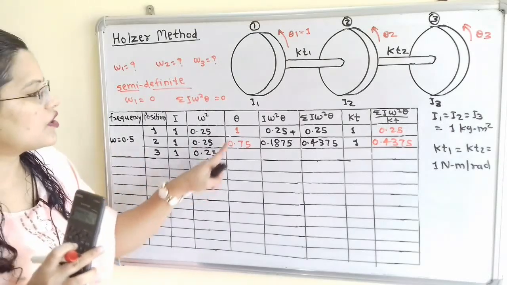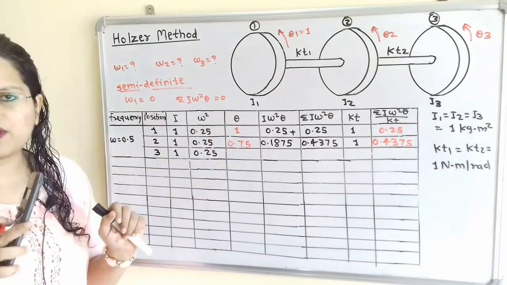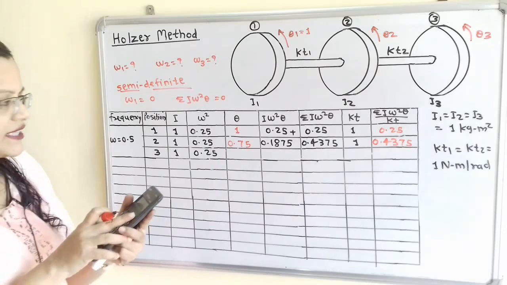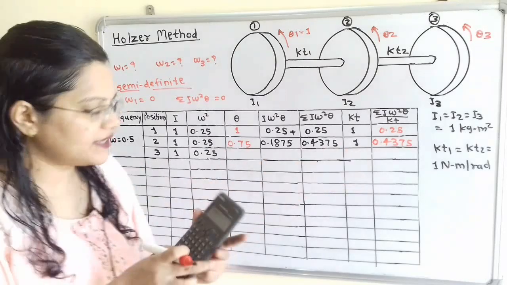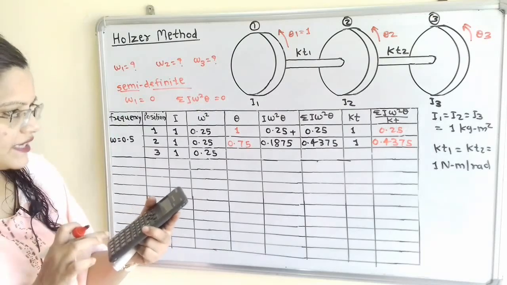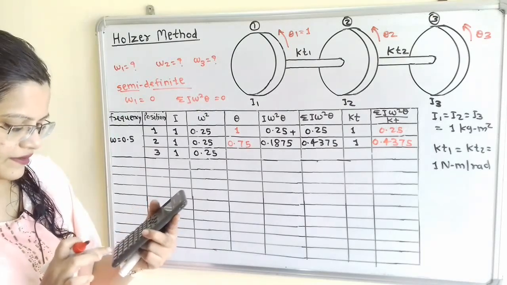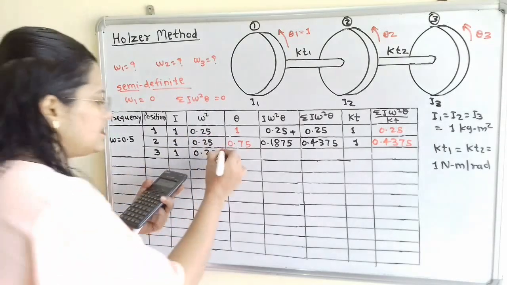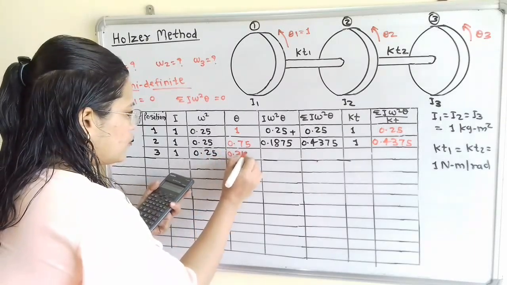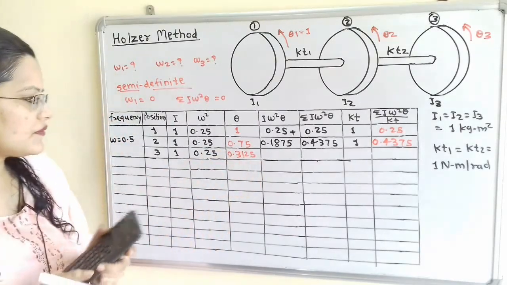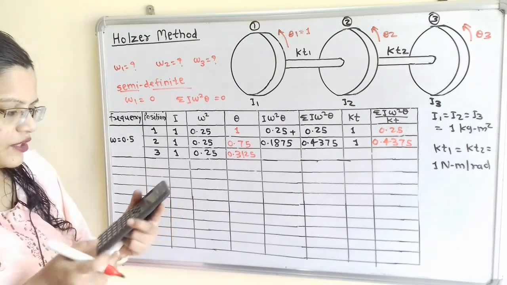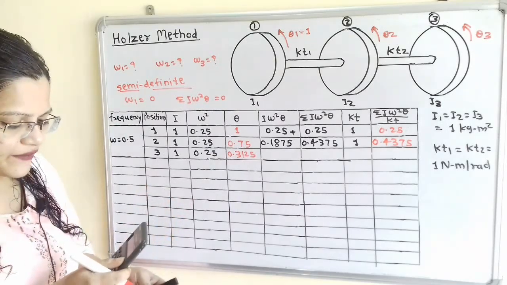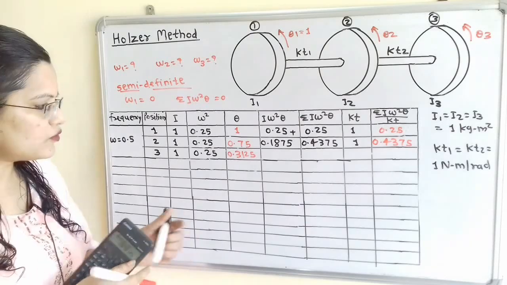So for third position, how to find out the value of theta? It is 0.75 minus 0.4375. It is 0.3125 multiplied by 0.25. So it is 0.07812. So we have to write here